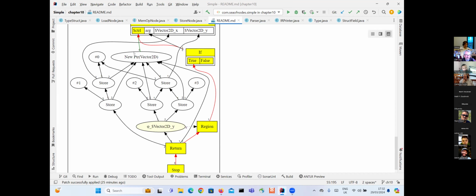New basically gets anchored to wherever my current control is. So if you had a new inside an if condition or a while loop, it will point to the control flow of the while loop or the if condition, right? And this edge essentially is anchoring the new. But conceptually, you can think of it like new is actually, because this is the whole of memory, also kind of saying, okay, I'm looking at the whole of memory. I don't know if I explained that very well. Let me make a different